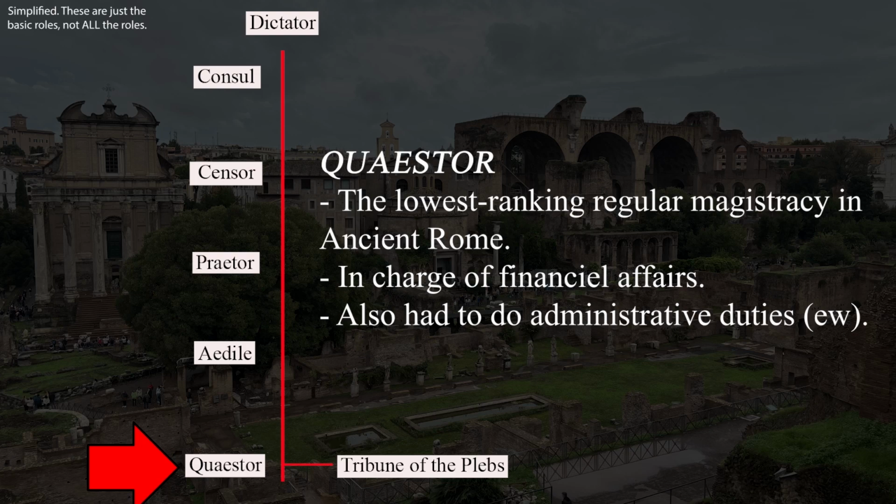The first role that got you elected into the Senate was a quaestor. A quaestor was in charge of financial and administrative affairs. So this is the first introductory role that you would get into the Senate. However, there are some odd technicalities when it comes to the ancient Roman Senate, and one of them is that even if you were elected as a quaestor, which I'll explain how these things were elected in a second, you technically weren't a senator until one of the censors added you to the list of senators,